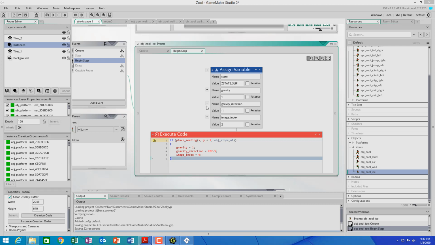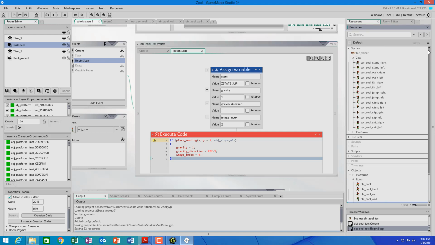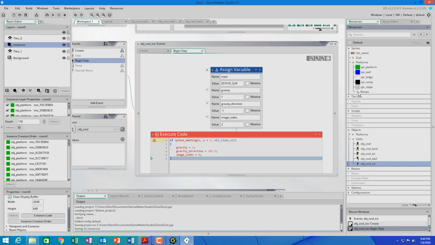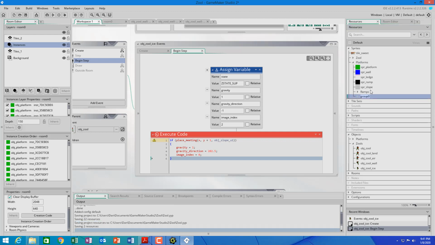All right, first I need to make the sprites. So let's go to sprites then. These are a type of platform. We've got ramps. We're going to make another group here. We'll say add group, and we'll call it slopes. Inside slopes, then we're going to create